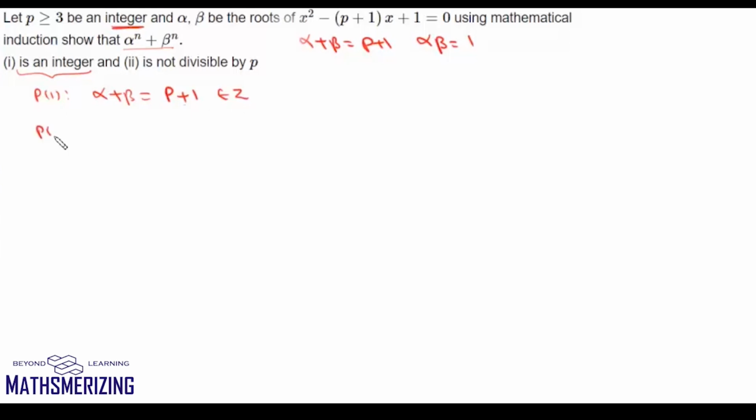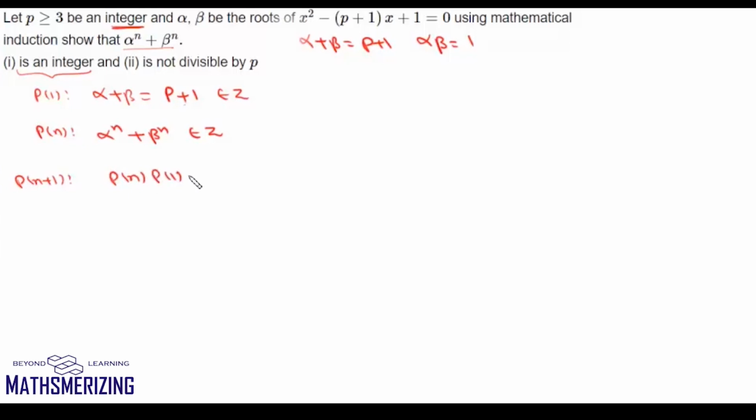Now secondly we'll assume let Pn be true, so that means alpha to the power n plus beta to the power n is an integer. Now using Pn we'll need to prove Pn+1 is true. So what we'll do is we'll multiply